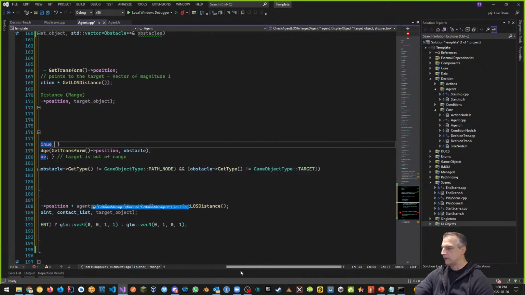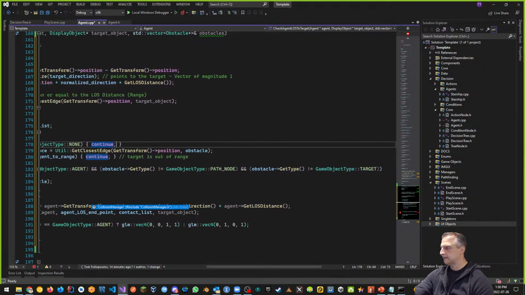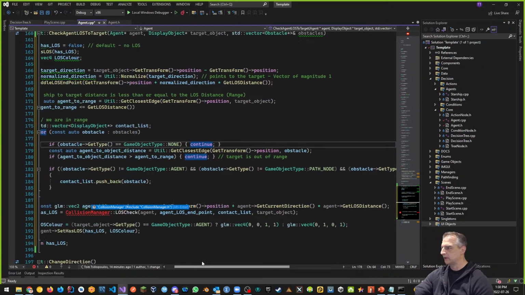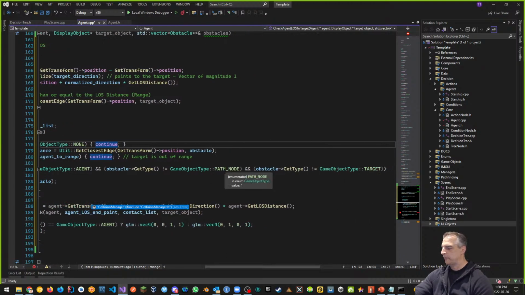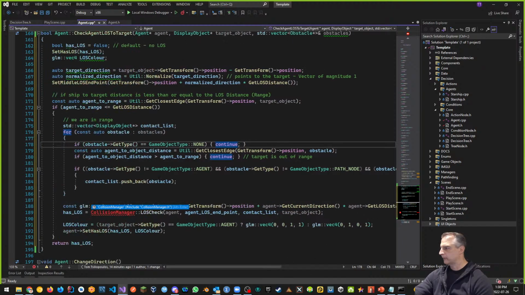And notice that here we had different kinds of checks we're doing for the obstacle. Is it an agent? No. Is it a path node? No. Is it a target? No. Well, then it must be an obstacle is what we're looking at here. Okay, so that is what we're checking. So that's for every obstacle in obstacles. And then we say if it's none of those, right,